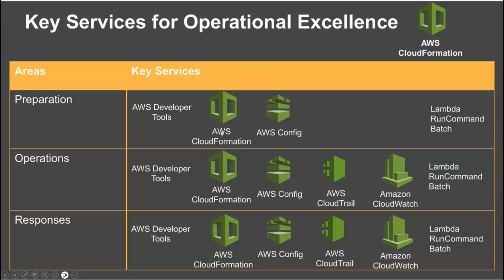Then what else? AWS CloudFormation or Terraform for scripting. Then in terms of responses, of course, CloudTrail for trails, CloudWatch for monitoring. Then just maybe using serverless services such as Lambda for compute. So those are the 5 major pillars of the well-architected framework.